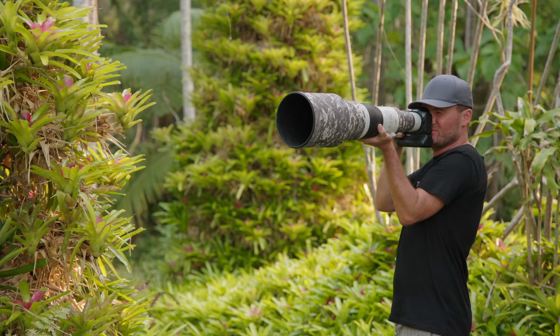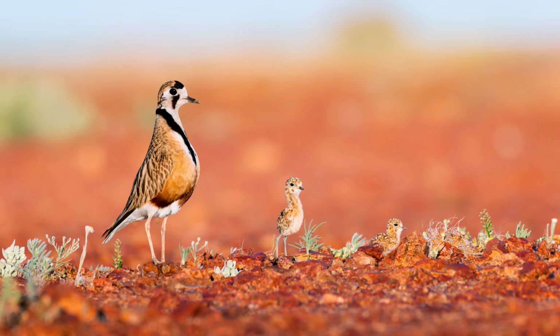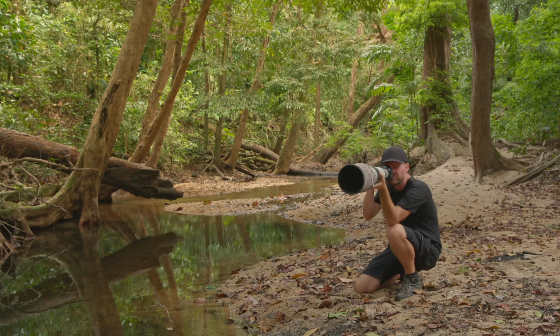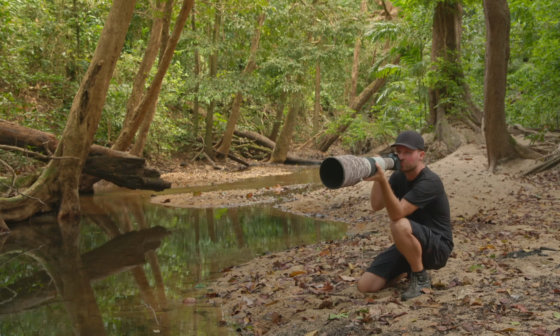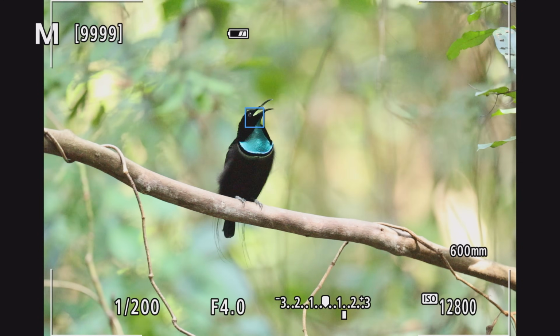in 2020, capturing millions of photos and videos with them, including some of my most iconic shots. And since August of 2024, when the R5 Mark II was released, I've added 2 of those camera bodies to my kit, taken them all across Australia and challenged them in some of the most difficult to shoot conditions. Having used that many R5 bodies extensively in the field, I think puts me in a pretty good position to tell you what's great and not so great about each body and help you decide which one will be the